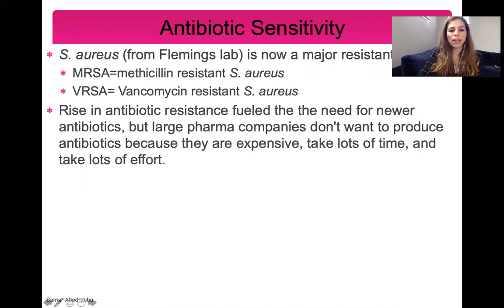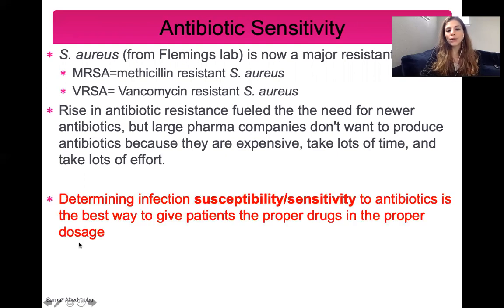So this is a big healthcare problem. And so for doctors, the best thing they can do, when they have someone with an infection, is to determine the susceptibility or sensitivity of that infection to various antibiotics to give the patient the proper drug and the proper dosage. And when you're a doctor, the best dosage is the minimum dosage that will cure the infection. You don't want to just give these broad range antibiotics for every single infection. We want to be very specific with what we give in a limited amount so that bacteria, the resistant ones,